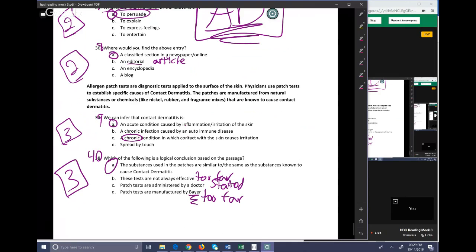This mock was aimed at, obviously, practice, exposure to the test, simulation of the test, like mocks always are. But I really want you to take from this the importance of critical reading strategy. I promise you, I used to be not very good at reading tests, just like most of you and how you feel. They make the HESI and the TEAS and the CAP and the PACS and the NET and all of those really hard reading tests because a lot of people are good at reading. If you use critical strategy, it won't be difficult. It will make it like they bring the test down several levels of difficulty.